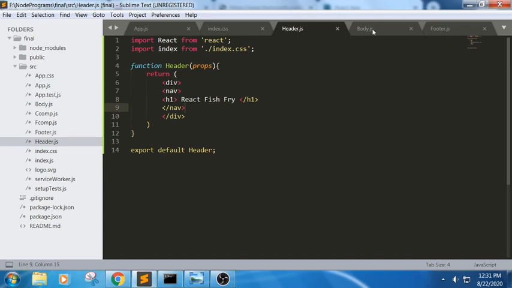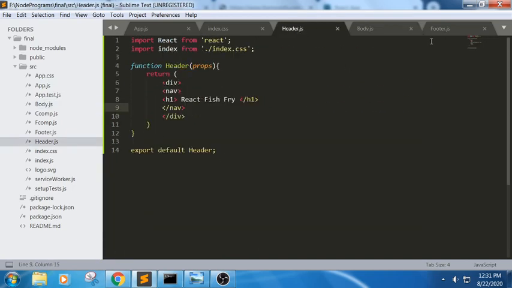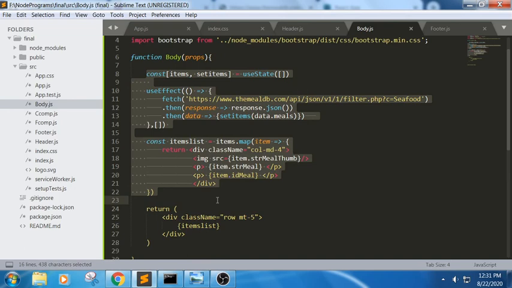Header part is done, body part is done, and the footer part. Header part is a functional component, body and footer are also functional components here. In this, the main logic resides in this part, where we use useState and useEffect. If you can understand the initial part of this video, then you can easily understand what we are trying to do here. As we have discussed, useEffect will make sure it will load this method as soon as the web page has been loaded.